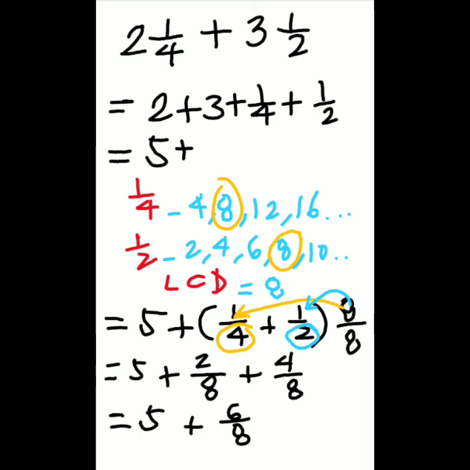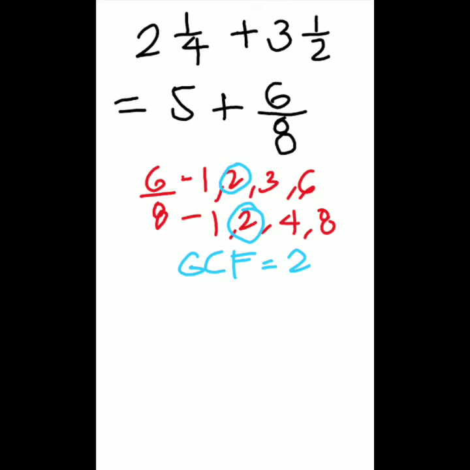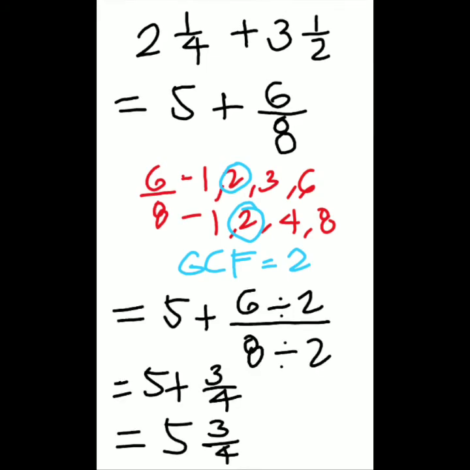Since 2 over 8 and 4 over 8 are similar fractions, add 2 and 4 then write down the denominator 8. Thus, the fraction will now be equal to 6 over 8. To simplify the fraction 6 over 8, find the GCF for the numerator 6 and the denominator 8. As shown in the factors, the GCF is 2. Therefore, if you divide 6 and 8 by the GCF number 2,